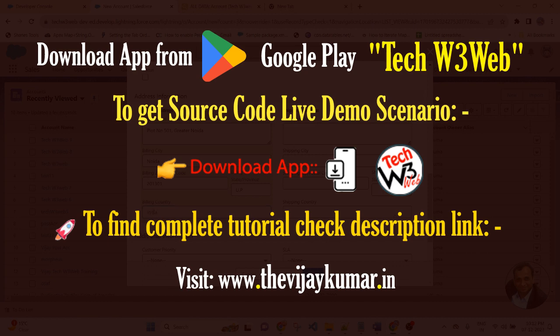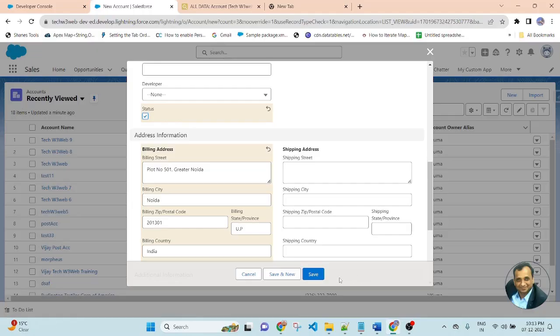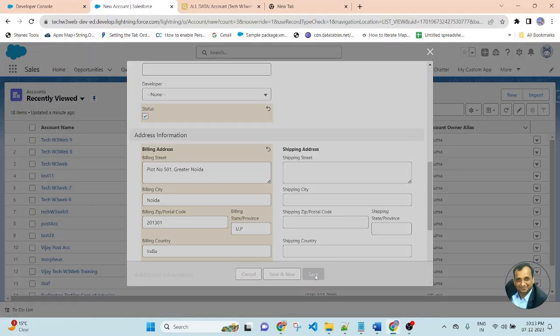I am leaving the shipping address as it is. So when I click on the Save button, one record will be created and the billing city and all of the field values will be automatically populated to the shipping address. The condition is if status is checked. See, if my status is checked, then the criteria are fulfilled and the billing address will be automatically populated to the shipping address. So now let me save the record.